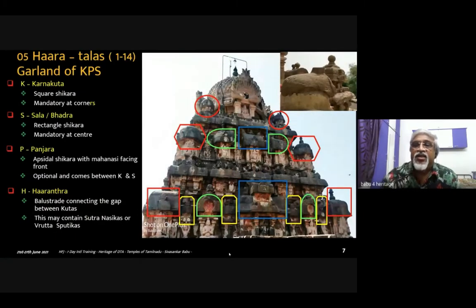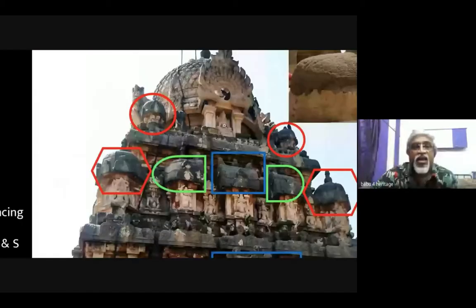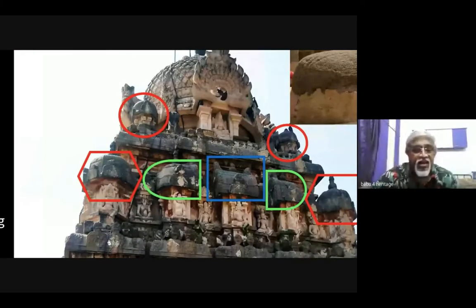We have reached the Shikara and this one. Normally here, in the earlier slide, we saw that only the Bhutakanas or something is there. Here they have done an exception, and they have created 2 more Karnakutas. And again, surprise, these are not square or octagonal, they are round. So this is an exception in a temple, but it is not a rule.